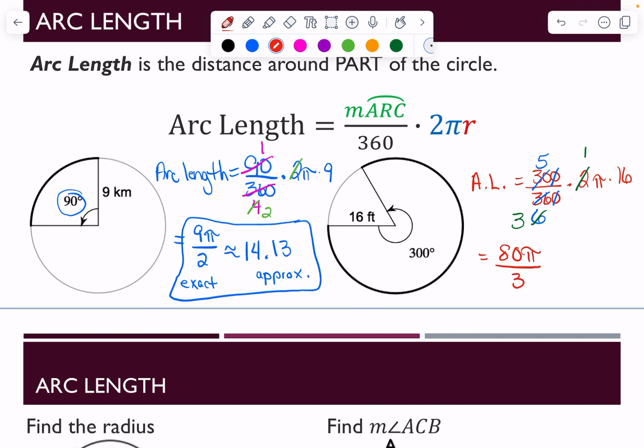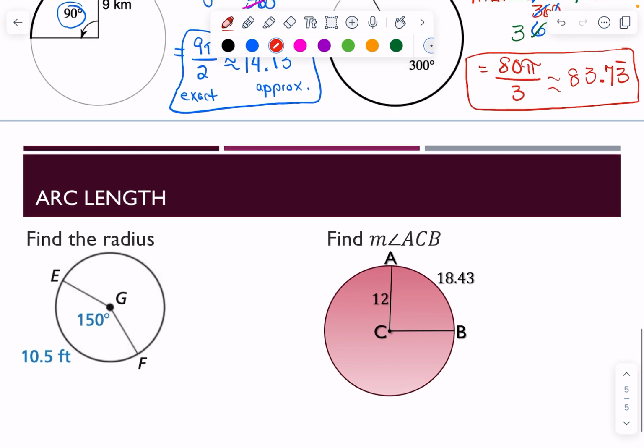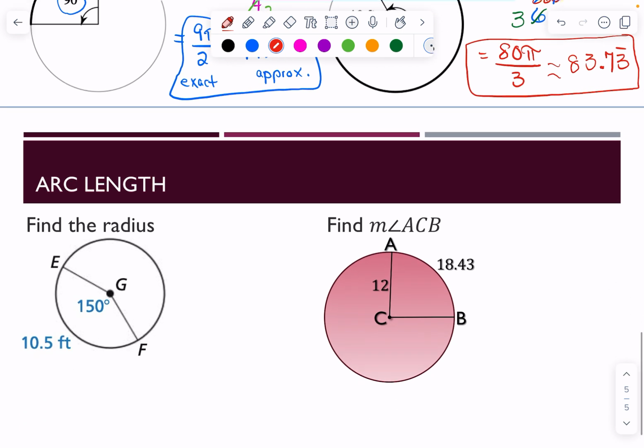So now we're going to take our calculator, go 80 times 3.14 divided by 3, and that's going to get us an approximate of 83.73 with the 3 repeating. So there is our exact and our approximate. Okay? So as we look on now, we're going to start working a little bit in reverse here to